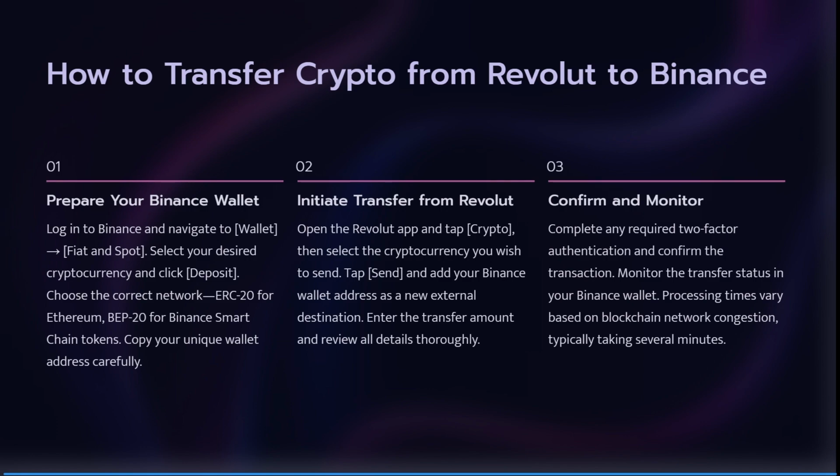You can now copy your unique wallet address carefully, open the Revolut app and tap on crypto, then select the cryptocurrency you wish to send and simply tap on send. Then you need to add your Binance wallet address as a new external destination. This is where the funds will be transferred to, and then enter the transfer amount and review all of the